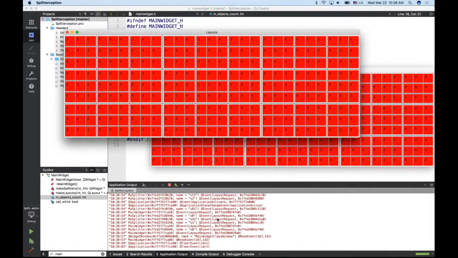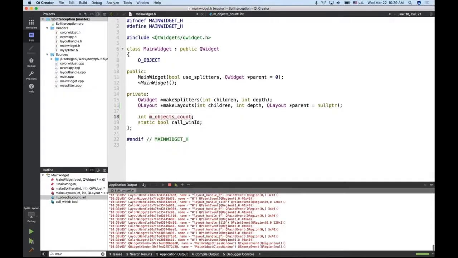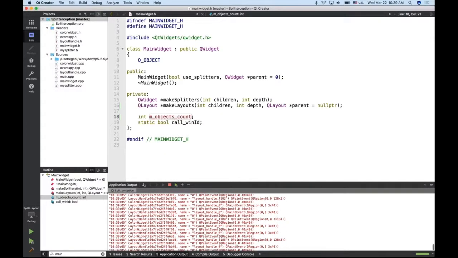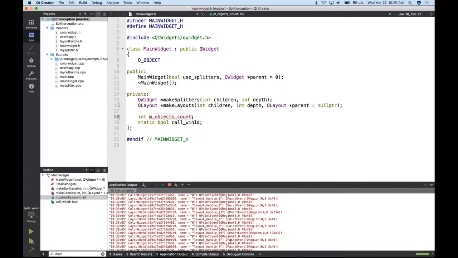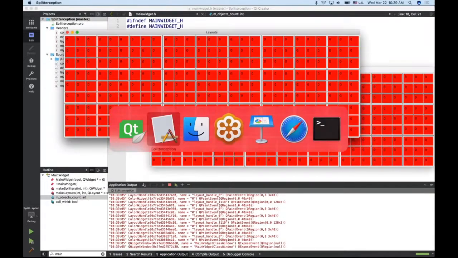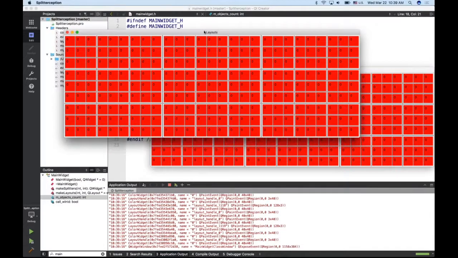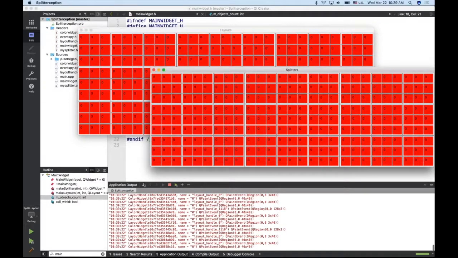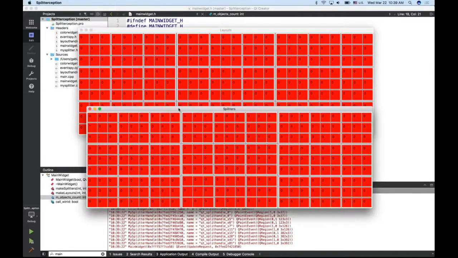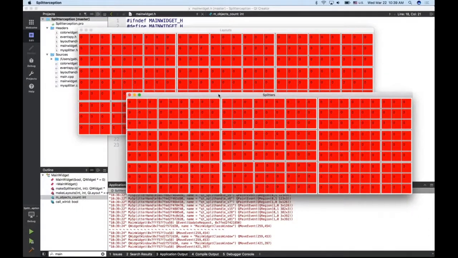If we switch back to the application, well, this is it. What I don't remember is having all these red squares. This looks a bit boring, and I remember that the squares were colorful at some point, and they were not only zeros all over the place. So let's try to find out why this is happening. And for this, we're going to debug the application. So let's quit the application,